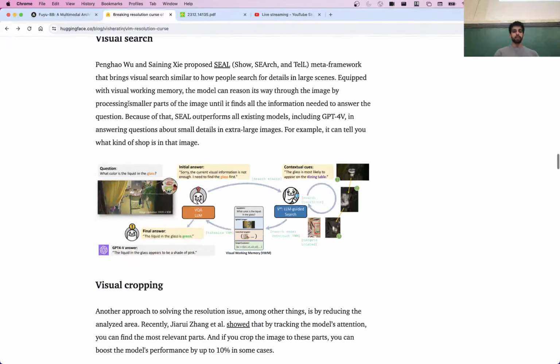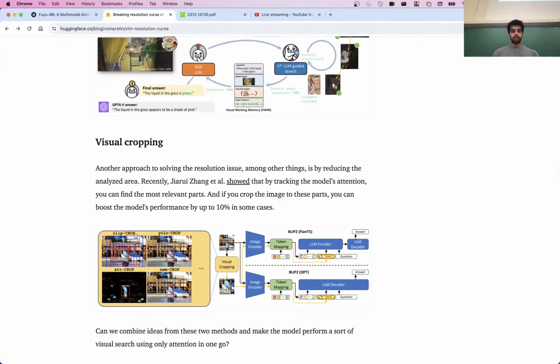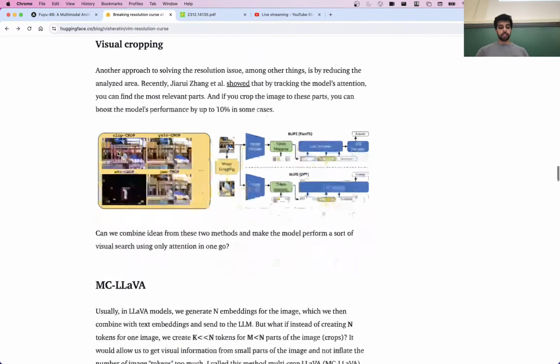But it's cool to see it happening with these giant models. This is a similar technique where you have some way of first cropping the image before you extract the representations to answer the question.